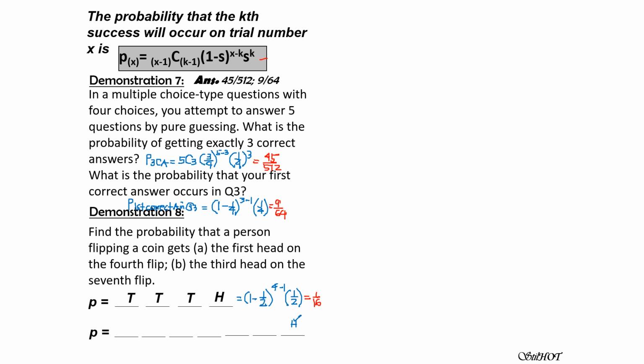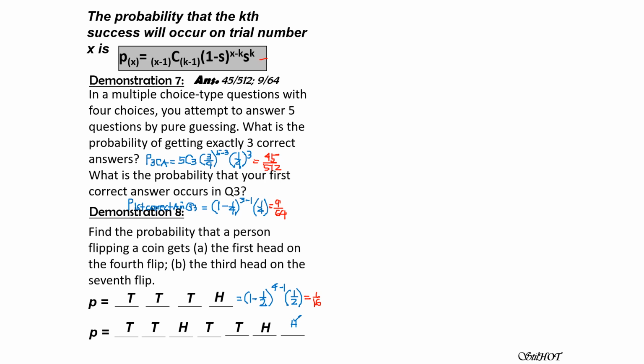Since the first two heads may occur in different positions, and that is arranging elements or objects in combinations. So it may be tail here. There is also a possibility that it will be head there. This is just an example. So maybe the first head occurs at the third trial, and the second head occurs at the sixth trial, like this. So it may also be the first two trials, head, head, then tail, tail, tail, tail. So that is the situation.